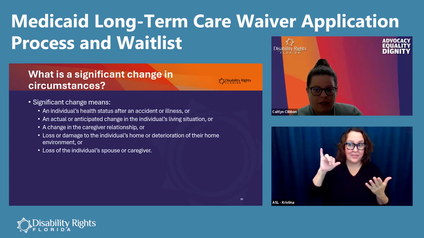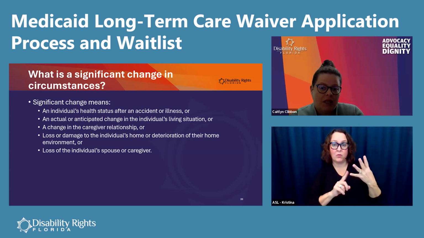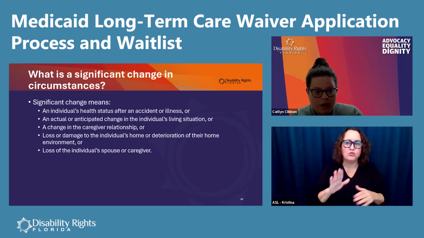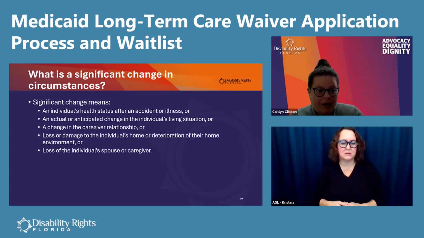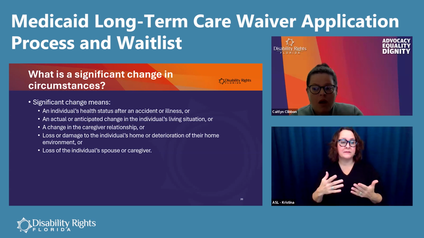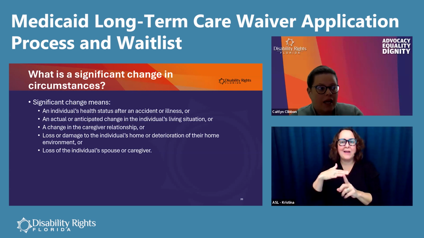That is considered a significant change in circumstances. Your fourth option is loss or damage to your home or deterioration of your home environment. So, this could be hurricane related or flood related. You've literally lost your home, or the deterioration of the home environment might look like things like,